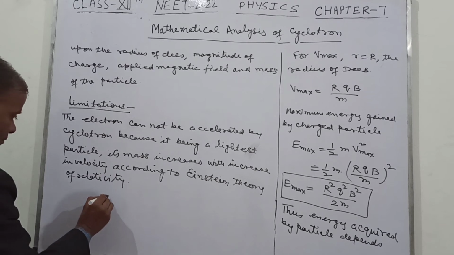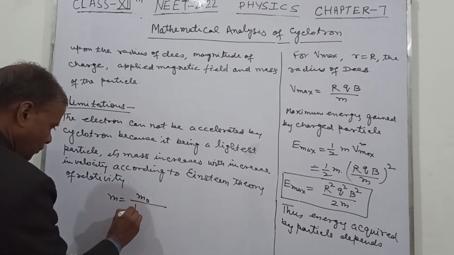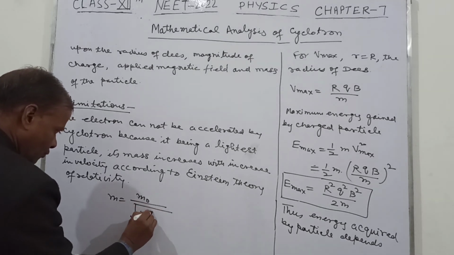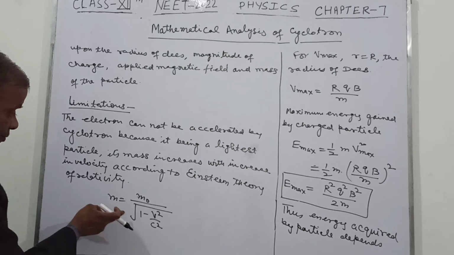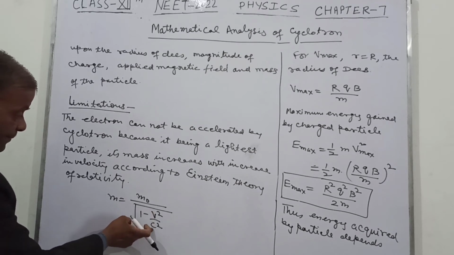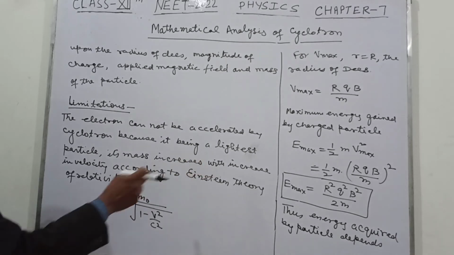So we have m equal to m0 upon square root of 1 minus v square upon c square. So you can see that as this v approaches c, then this m will increase,